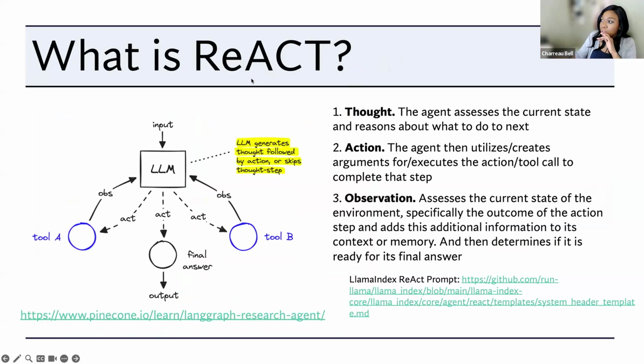We think about it as reasoning plus action. We sometimes add in the thought part, where we force the LLM to outline, based on the current observations, what it should do next. Then it will generate something like an action.